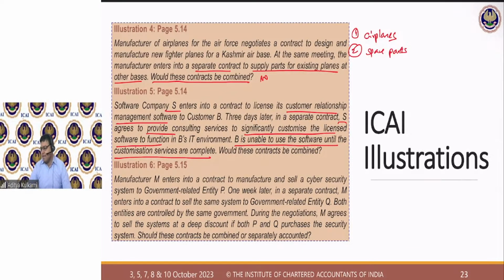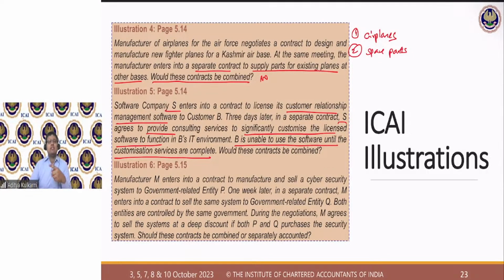You have to combine it because it's with the same customer, but it could also be with a related party. So don't get mixed up with that. The customer should be the same. Okay. So this is how you are going to interpret it. Okay. So very simple. For example, SAP is installed for a group company and customization is done for the subsidiary. So the billing of the software is done to the parent and customization is done to the subsidiary.